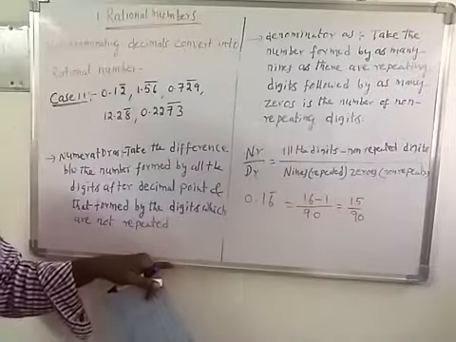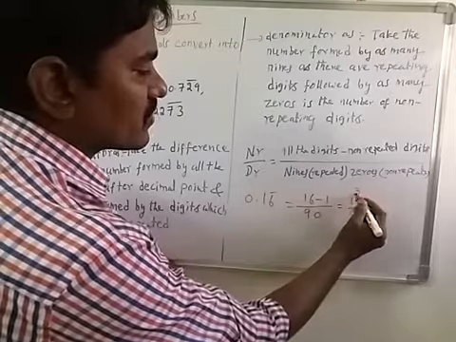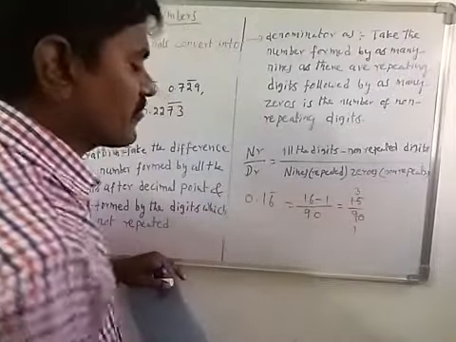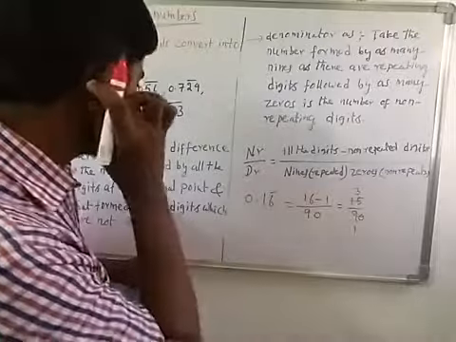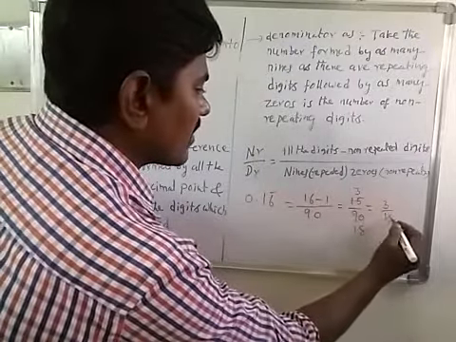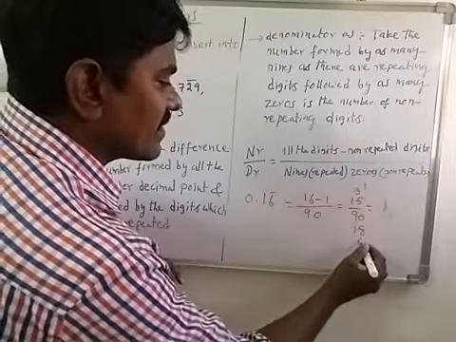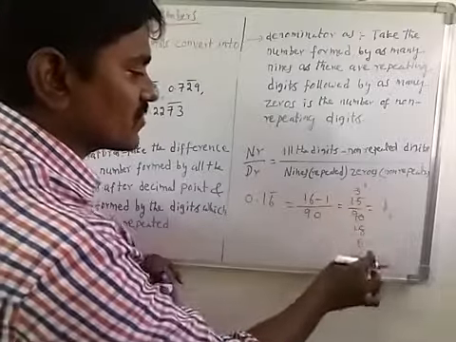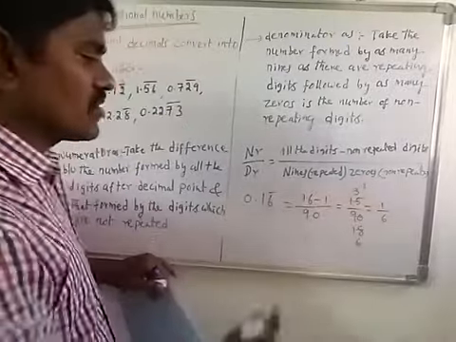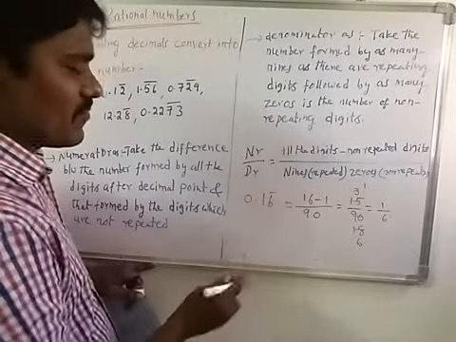Now this will cancel with the fifth table. 5 3 is 15. 5 1 is 5, remaining 4. 5 8 is 40. That equals 3 by 18. Next, this will go to 3 1 is 3, 3 6 is 18. Directly, 15 by 90 becomes 1 by 6. So 1 by 6 is equal to 0.16 bar.